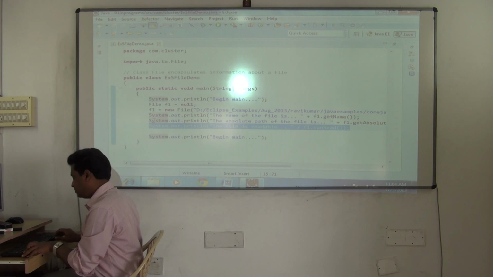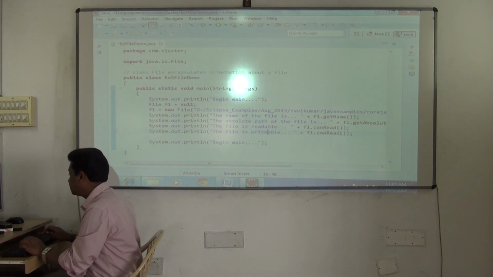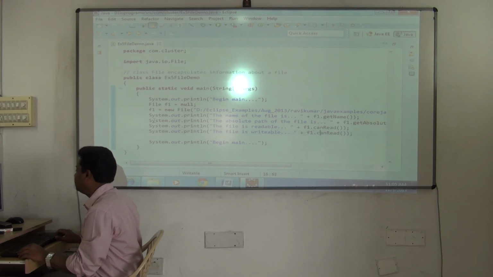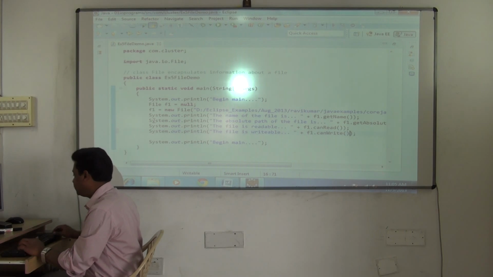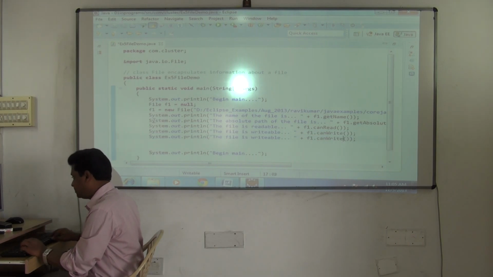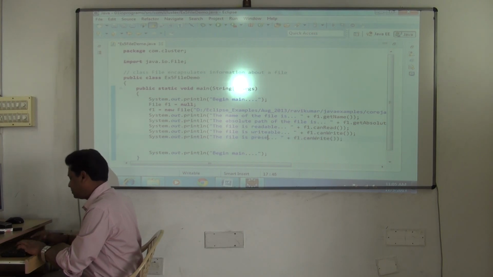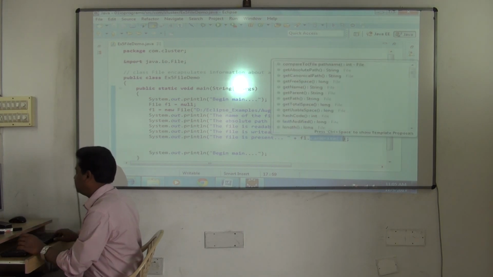Okay. So then more. The file is writable. f1.can what now? There's another method, canWrite. Finished. Go on calling methods. Now after that, does that file actually exist? Fine, there are so many methods. The file is present. f1.what is the method is,